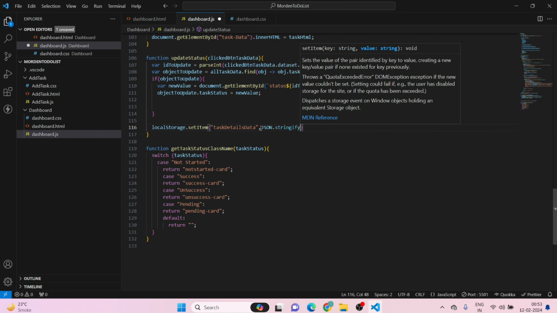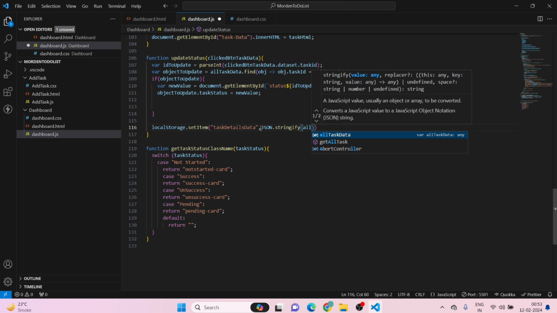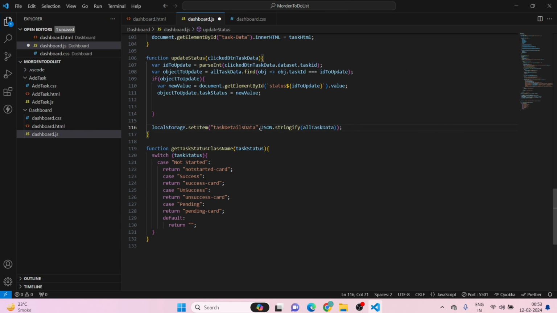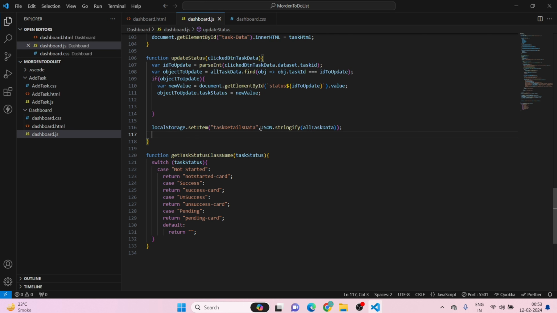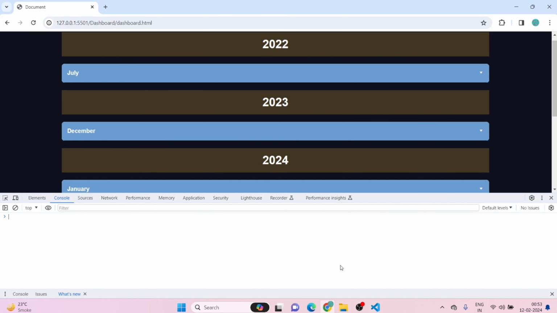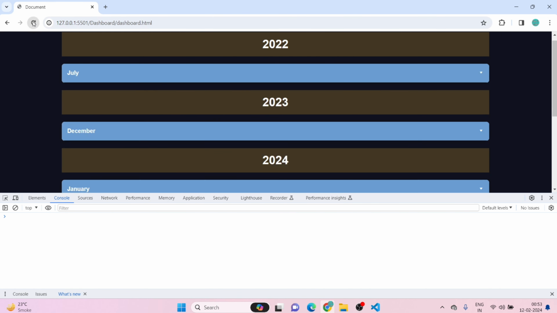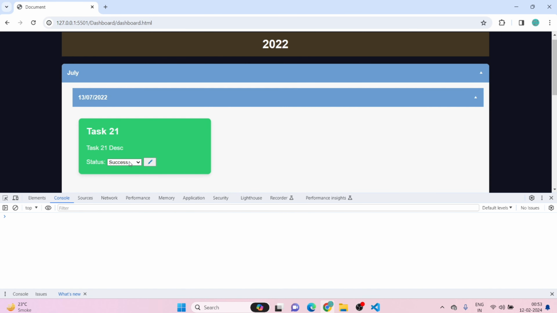JSON.stringify allTaskData and just save it. Let's see if it is working or not. If I go to July and if I change it to success, if I refresh this, so it is working fine,